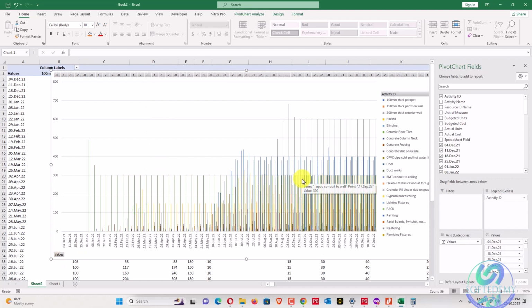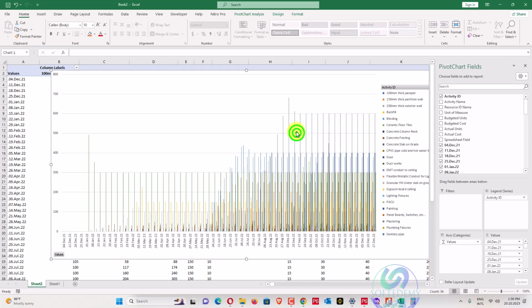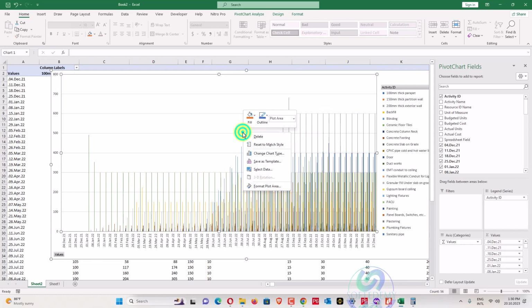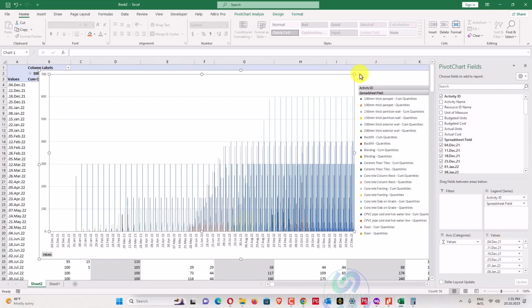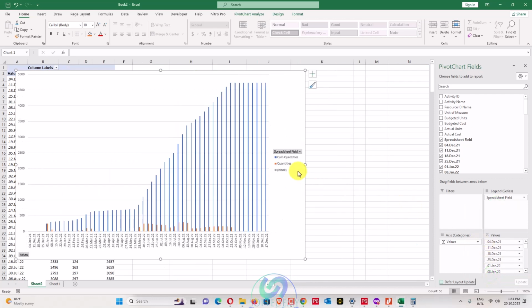Can you see this one? Okay, this one has been done. And now also we can make a filter. Just delete this one, we do not need it, hide this one and remove this field, and we have sum of quantities and quantities here.